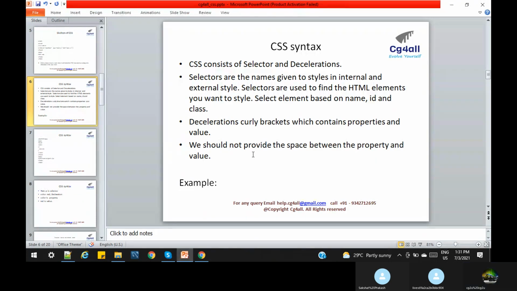Now, the HTML element and selectors can be mapped with many names. Like we have an ID, we have the name, we have the element name, we have the class name. By all these parameters, we can map the HTML elements and CSS. Clear? Till here it is clear, so let us understand with an example.